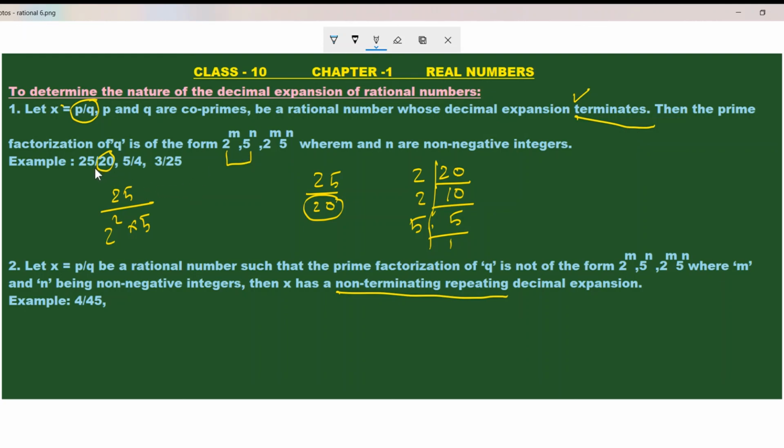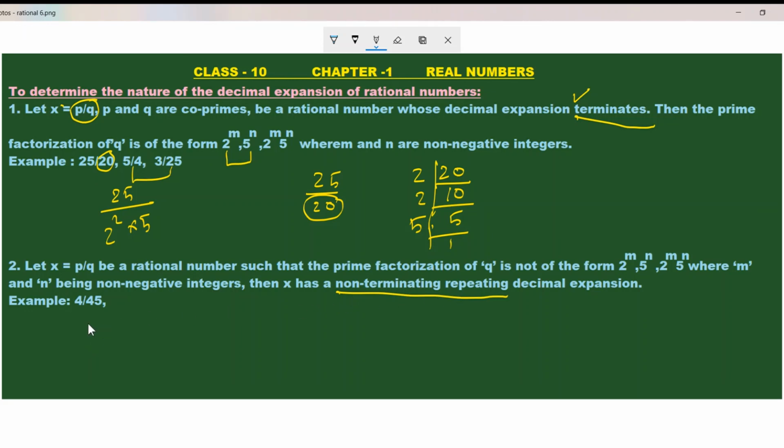We need not do the actual division to find out whether it is a terminating one or non-terminating one. We have to take the denominator and write it in terms of prime factors, and then we can say whether it is a terminating one or non-terminating one. You can check for these two and tell me in the comment box. Now we'll move on to